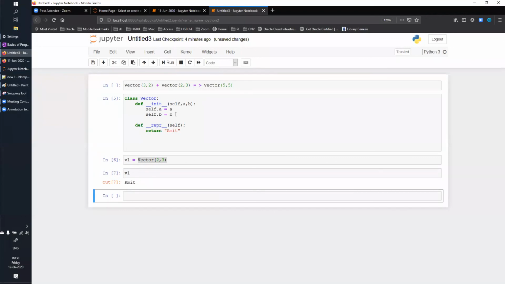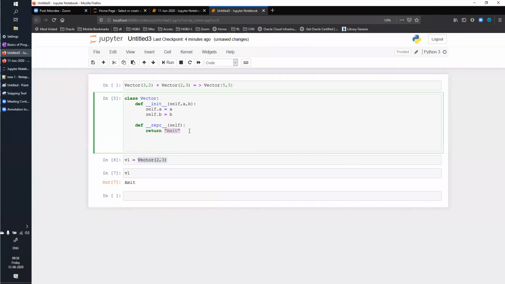If I print v1, it will print Amit for me. So let's represent in something this format. So what I can do is return, I will say Vector, and here, if you remember your dot format functionality of string, I can have these placeholders, and then I can say dot format self.a comma self.b.